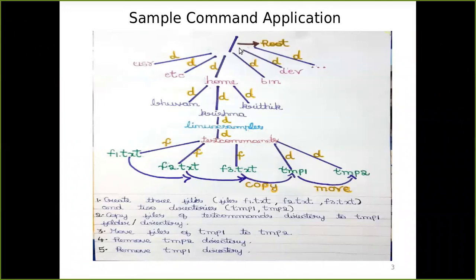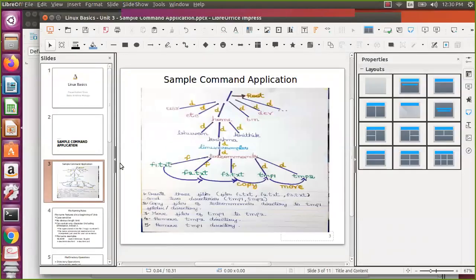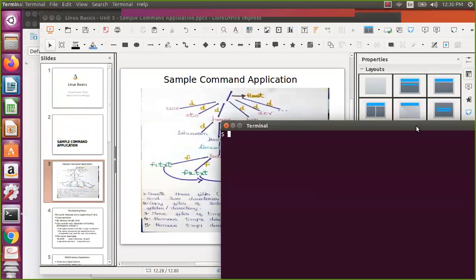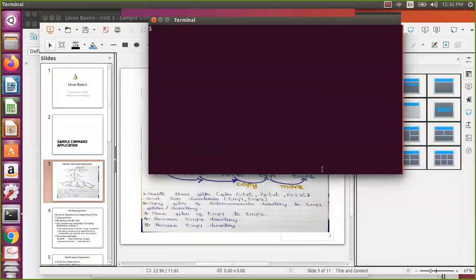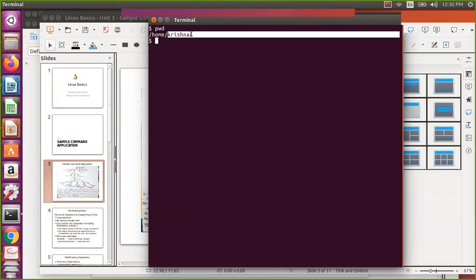Here I will log in with my default Krishna login. So let me open the terminal and let me extend this. Okay. So when I say PWD, I opened with the login name Krishna, so it is /home/Krishna. Whatever user name you create, it will be in the /home.